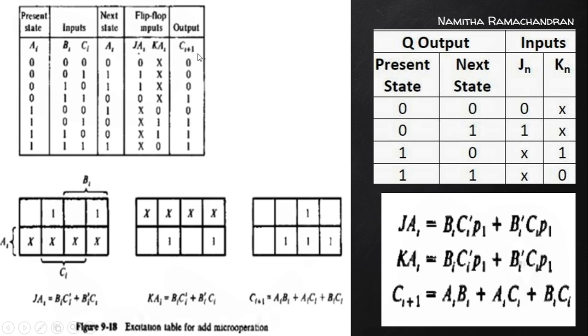So using these J and K values, we need to derive the Boolean function representation corresponding to J, K and Cout. While considering this J column, we can simplify this K-map and generate an expression for the Boolean function for this J input as BI CI complement plus BI complement CI. Right? While simplifying this,